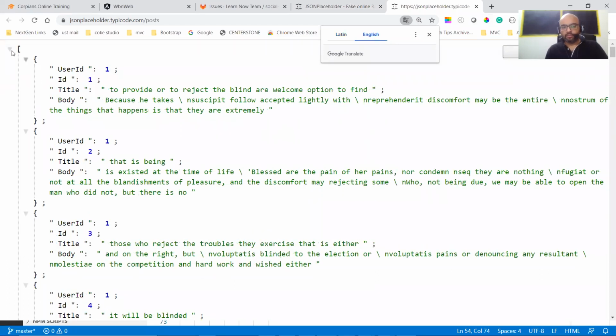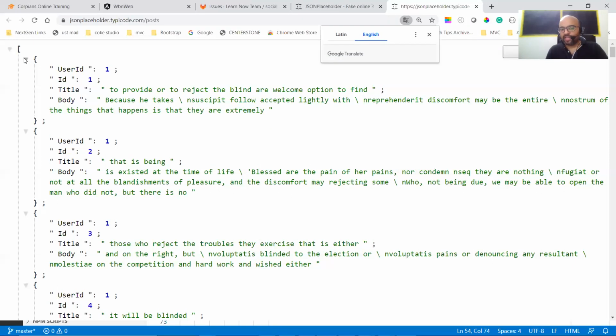How a REST API responds back is in the form of JSON data. If you hit any GET API, it will give you data in the form of JSON. That is what happens 99.9% of the time in today's world of APIs. The XML days have gone now. Previously we used to exchange data in XML format, but now it's JSON format. JSON means JavaScript Object Notation.